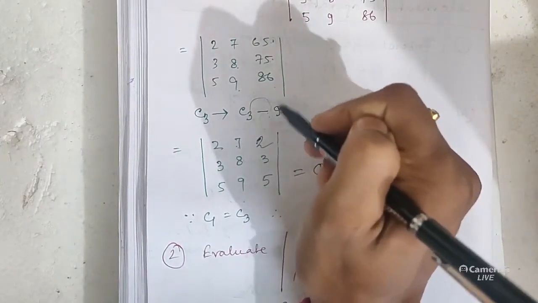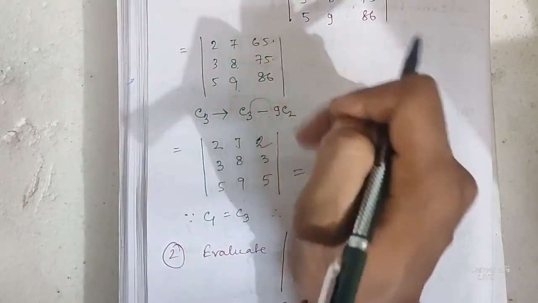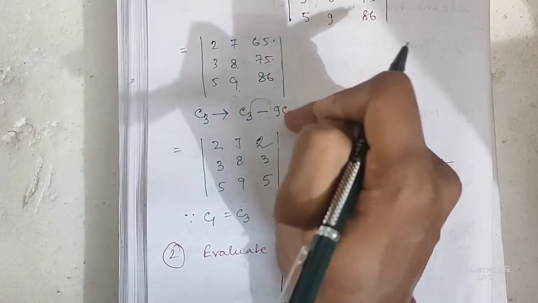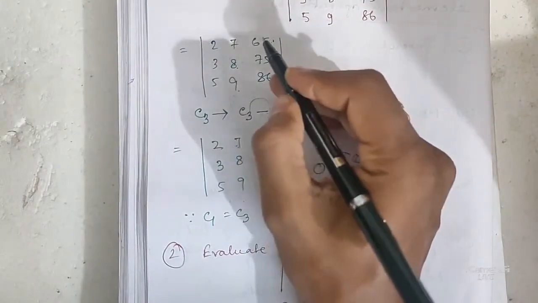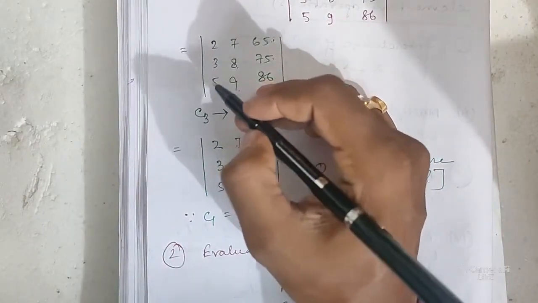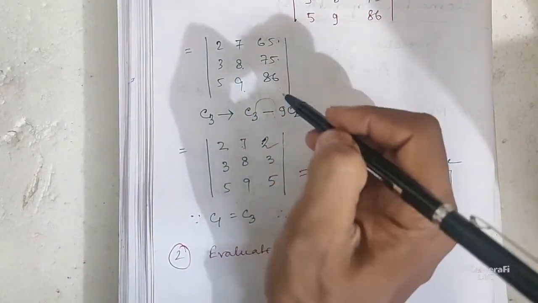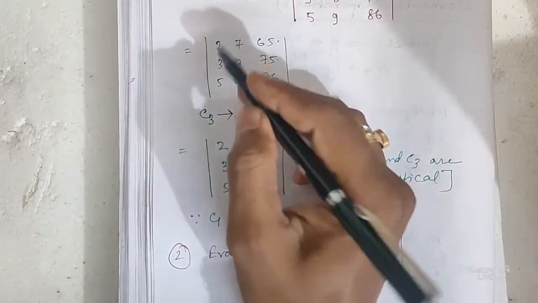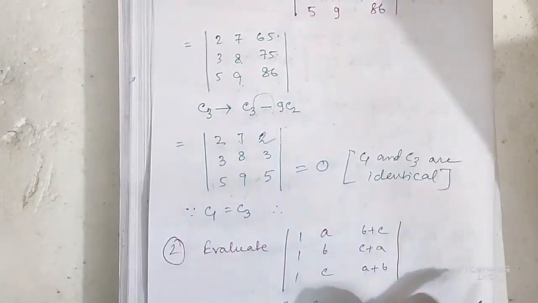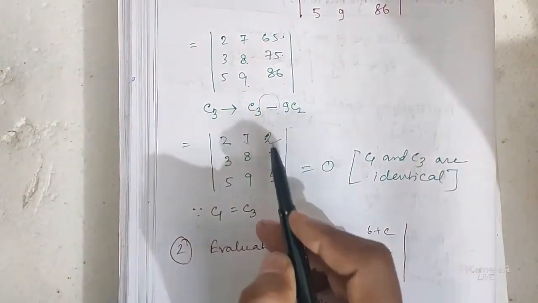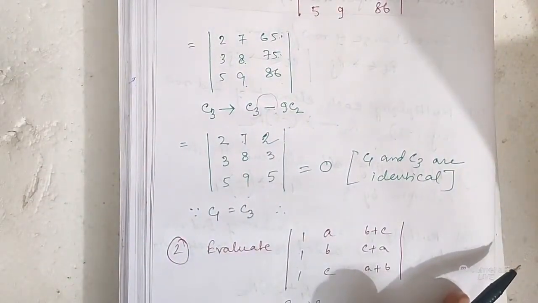If you take 10 C2, then it will become negative. That's why 10 I have not taken. If you take 8, then also the number will be larger than this column. So we have to make this number close to a nearby number of either this column or this column. That's why 9 I have taken, because if we take 9, the same numbers are coming.